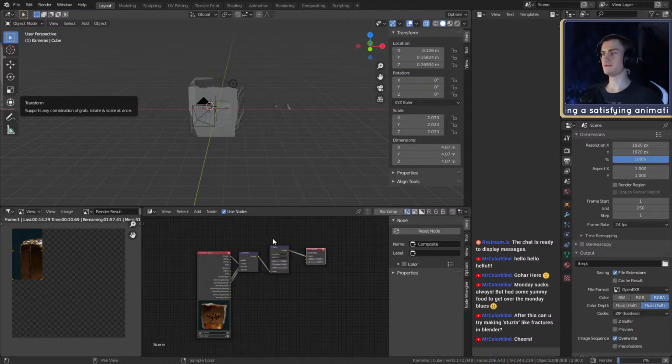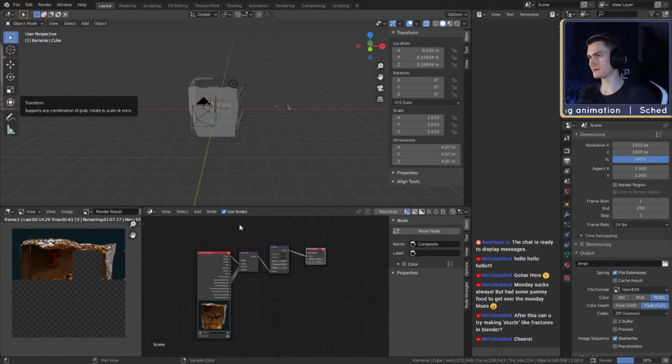Over the 2 years of using Blender, I've discovered a few tips that I think can be quite useful, not only for automating a few processes, but also, for example, for rendering, making your renders faster. Let me look at my list so I remember what we're gonna talk about today.